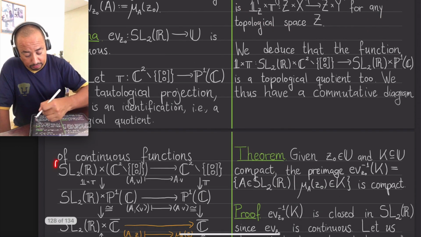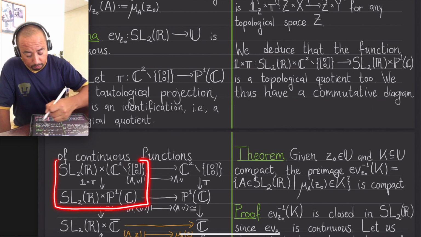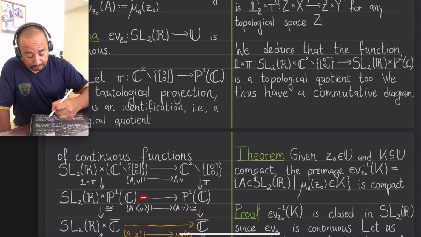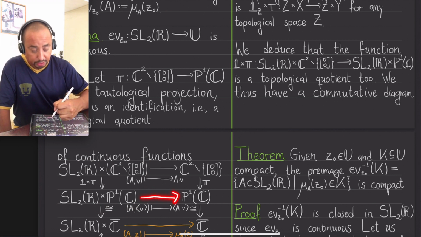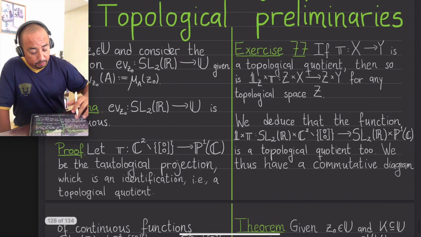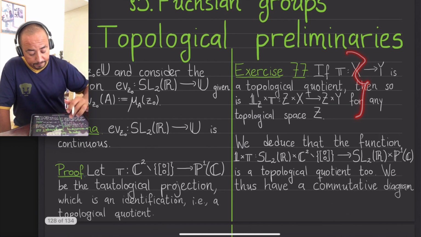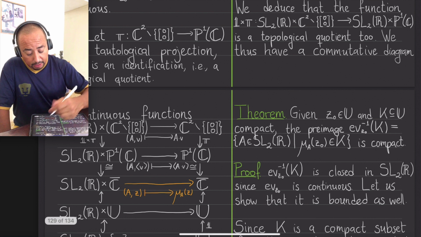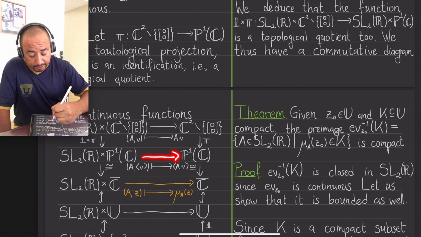So since we know that this one is a topological quotient, we know then that this one is continuous. So that's why I wanted to have this exercise. Okay, so now we know that this one is continuous, but then